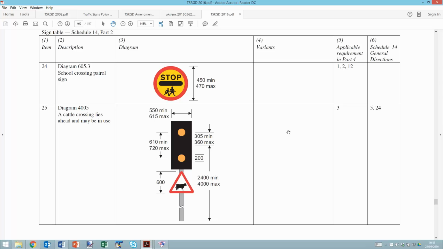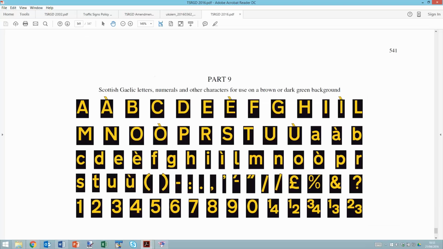Okay, last couple of matters here. For those who are designing the Scottish bilingual signs, I'll go forward to page 541 and show the grave accented characters there. It's now a formalized and finalized alphabet.